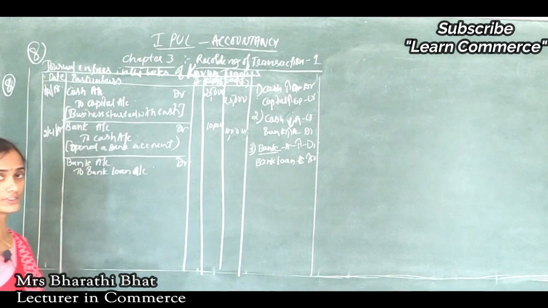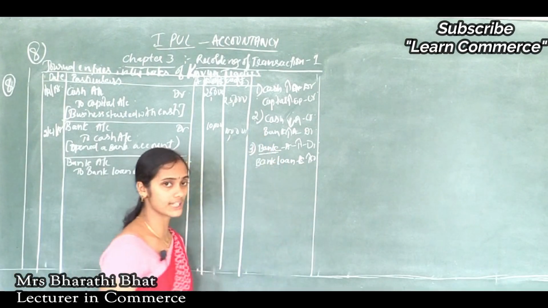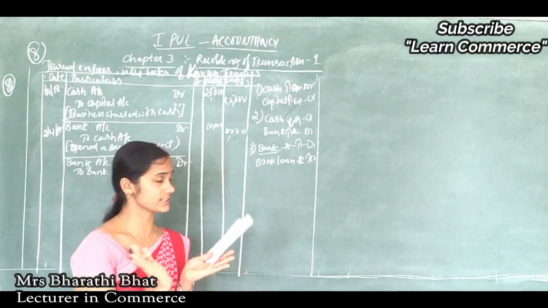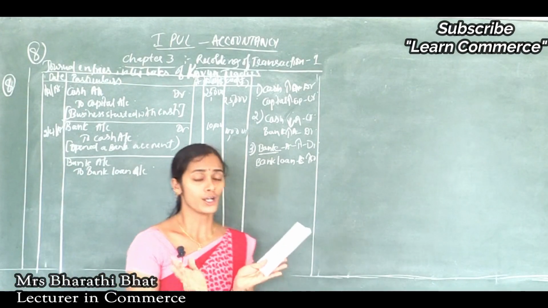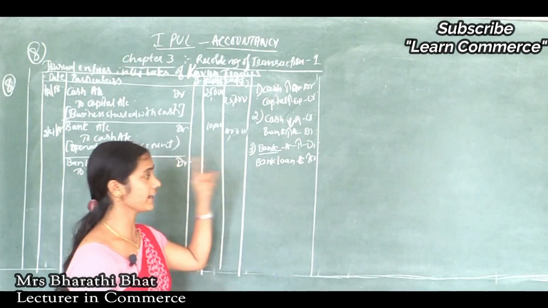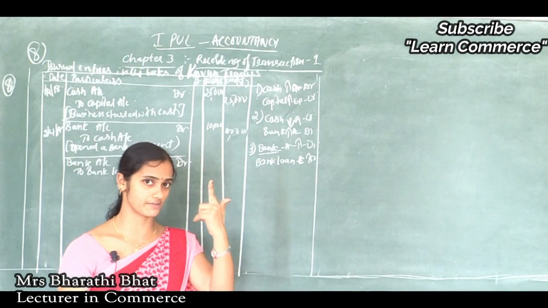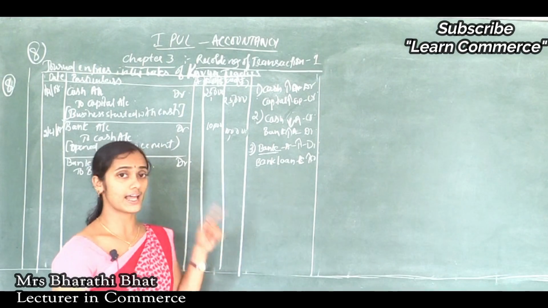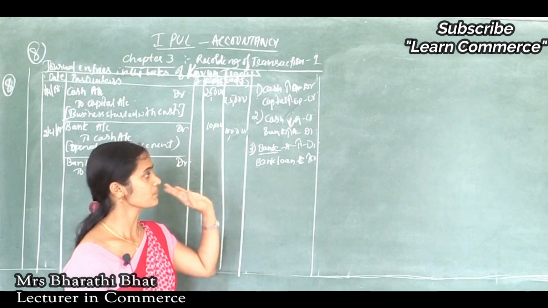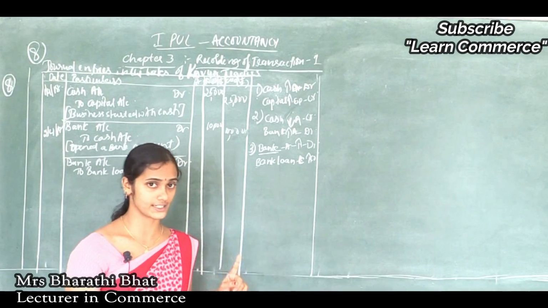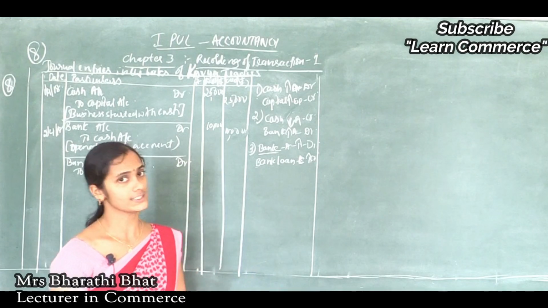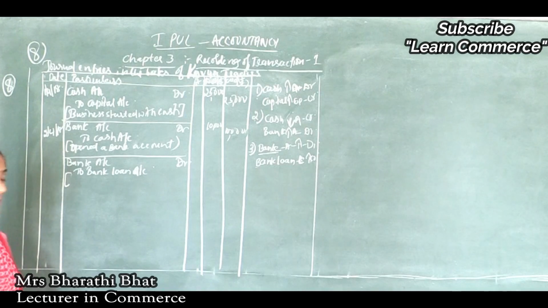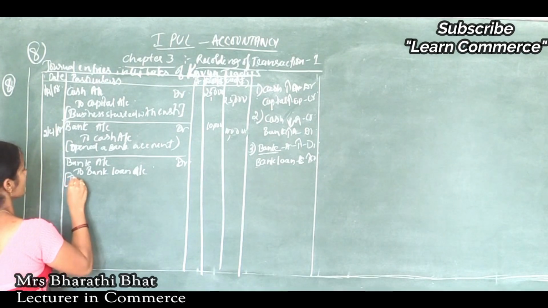According to the analysis of this transaction, bank is considered as asset because bank credits the amount of the loan to our bank account. So that's why our bank shows increased value, and bank loan is considered as liability, and liability shows increased value. So increase in liability is to be credited, increase in asset is to be debited. So bank account debited to bank loan account. In bracket, what we can write? Took loan from bank.